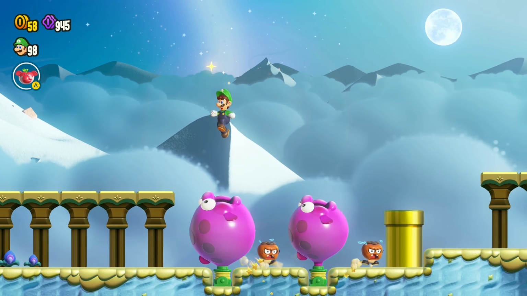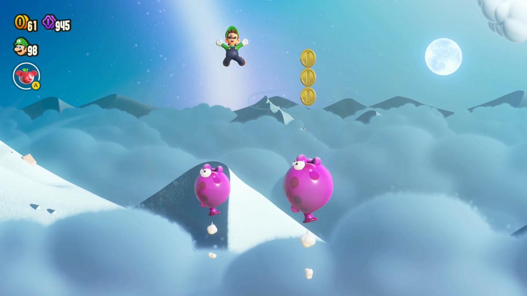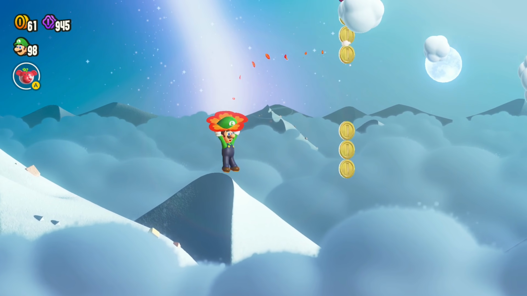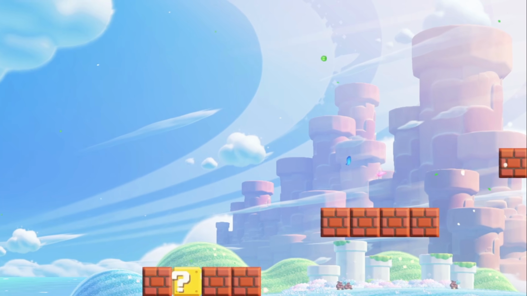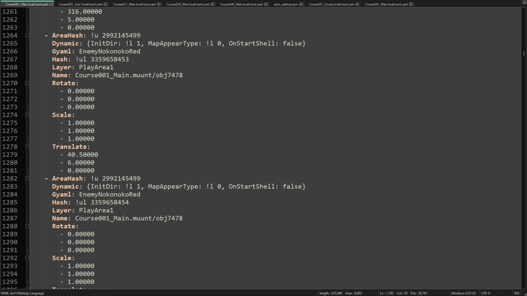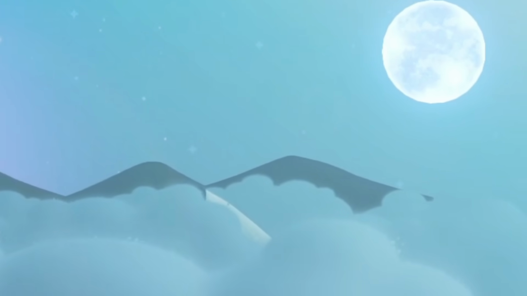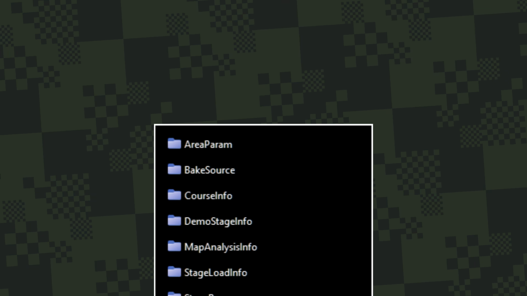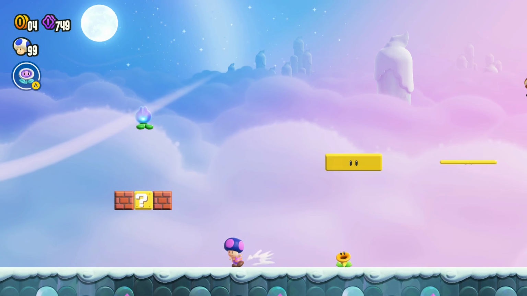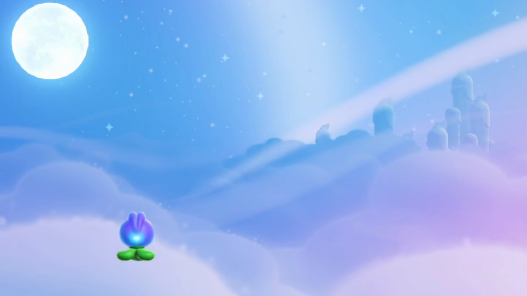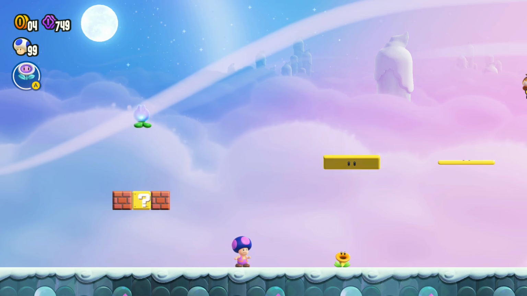So I first copied over all of the objects that make up the nighttime World 4 background into an empty level, because yes, by the way, even background models are just objects that are placed into the big text file. Then I removed the desert mountains from the background and replaced them with the snowy World 2 mountains. And then by editing the area param file, I also managed to change the level's lighting to that of World 2. So now I had a cool background, but what about the level itself?